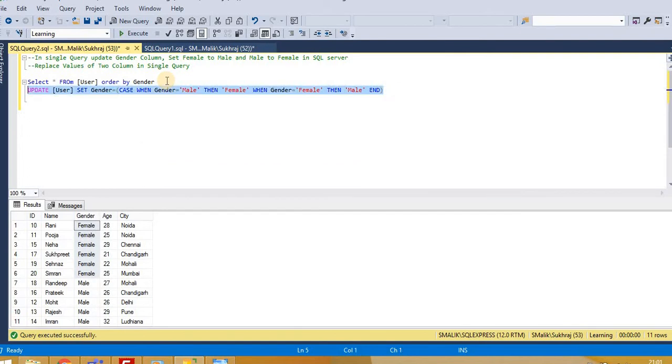Let's see the output after executing this condition.